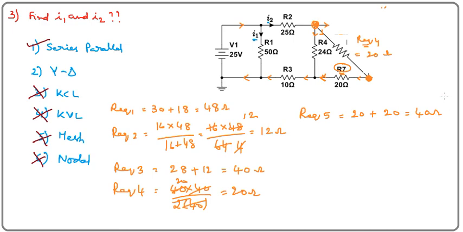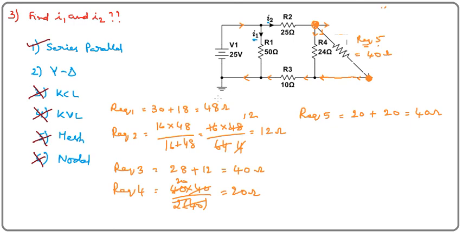That means now it will be R equivalent 5. So let me remove this part. This will be removed and this value becomes 5 now. Of course this value becomes 40 now. I will change all these things. So this is the equivalent resistance. R equivalent 5 will be equal to 40 ohm.